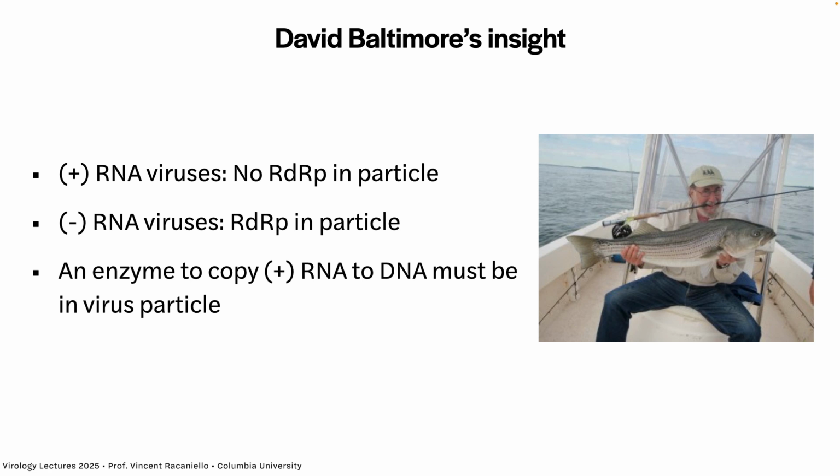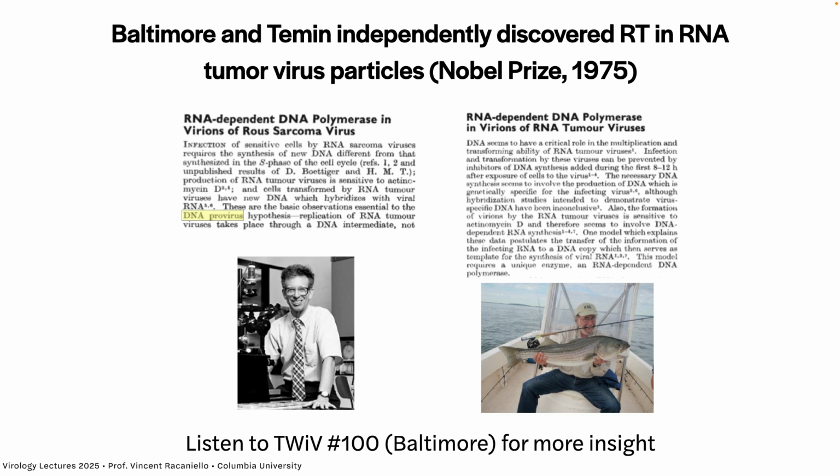Okay, so they both published their findings in the same journal at the same time. Discovery of this enzyme called reverse transcriptase. So there's Temin's paper, RNA-dependent DNA polymerase in Rous sarcoma virus. So he took the virus that Rous had discovered, and then on the right, reverse transcriptase in tumor viruses, he used the mouse tumor virus.